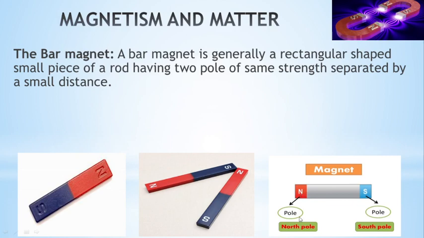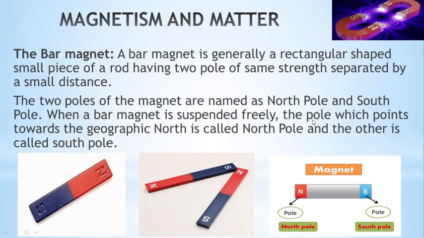Here N indicates north pole and S indicates south pole. That means there are two poles in a magnet. Then how to identify these north pole and south pole? You can perform a simple experiment, that is, take a bar magnet and tie the bar magnet with the